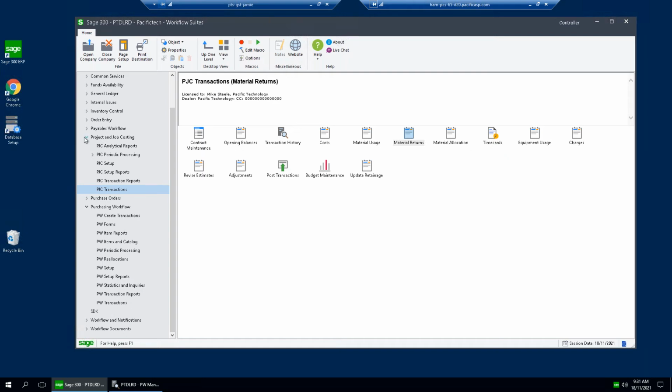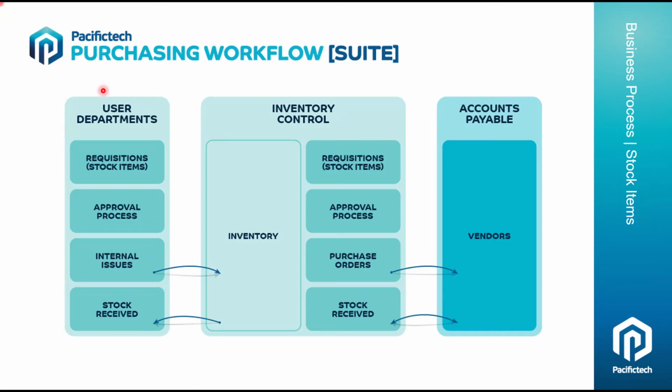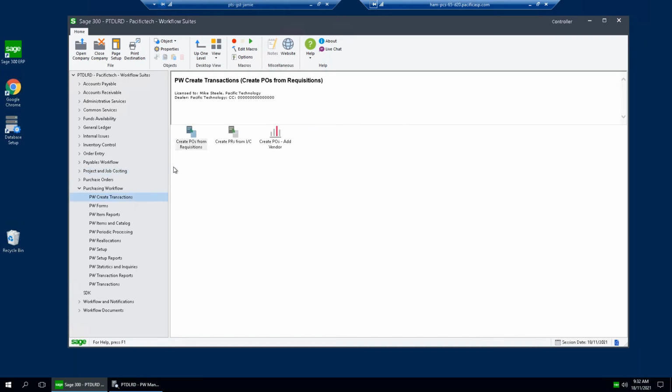Now if we think back to our PowerPoint, in fact, let's just go back to that. So really, we looked at a direct internal issue order and shipment. Then we looked at this process of a storeroom requisition. Now let's look at the replenishment process. It's not within purchasing workflow, but it goes very much hand in hand with companies like, for example, a lot of the mining companies, where the whole replenishment process is very, very important as well. So if we come and look under purchasing workflow,